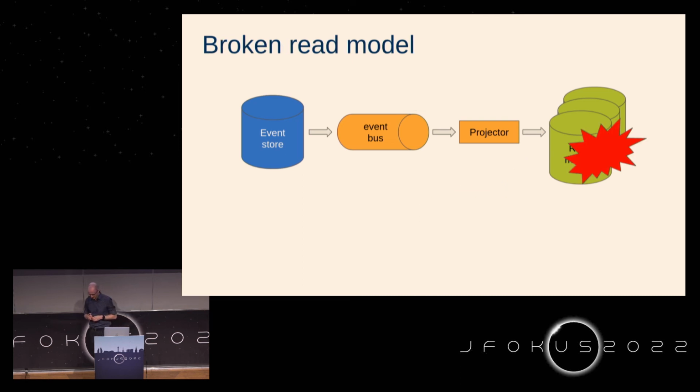Broken read model. When can we break our read model? Two main reasons for that. Software reason, so a bug in the code, not handling duplicates correctly, etc. And a hardware reason. So Redis, once again, a very good example. In case of Redis, you should always expect some data loss, and actually quite a lot, depending on the configuration. And thanks to event sourcing, you can always just drop the whole read model and recreate it from the start. This is one of the most important features of event sourcing. I use it many times, and it saved me